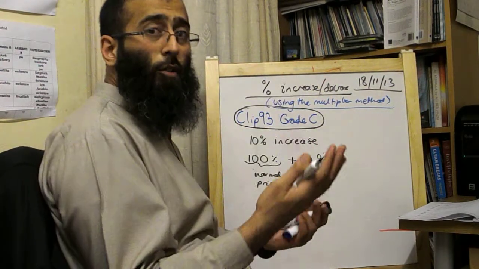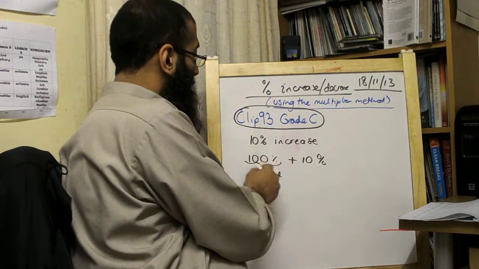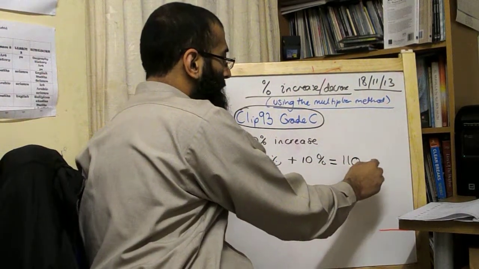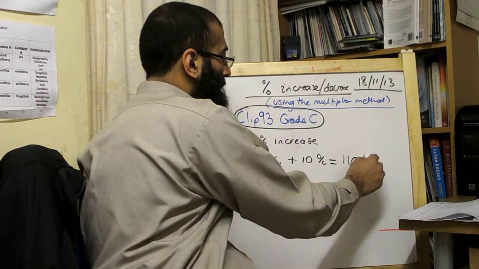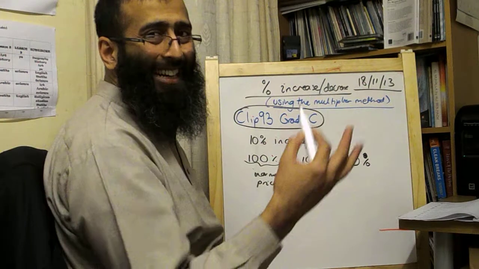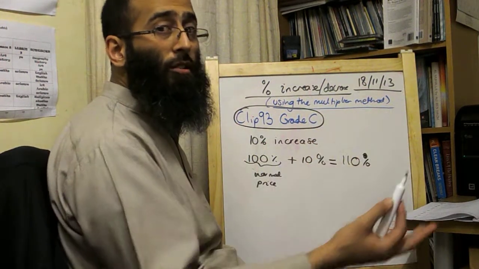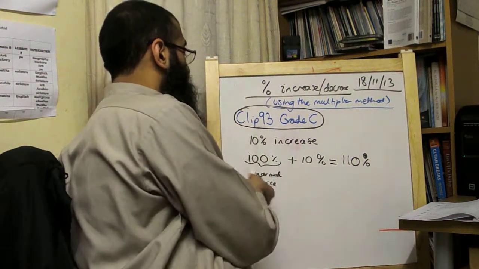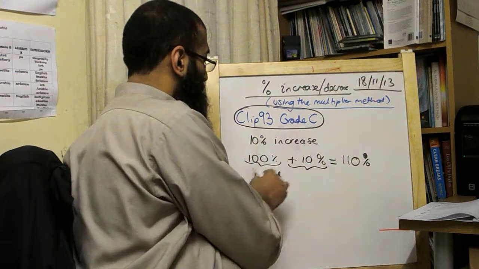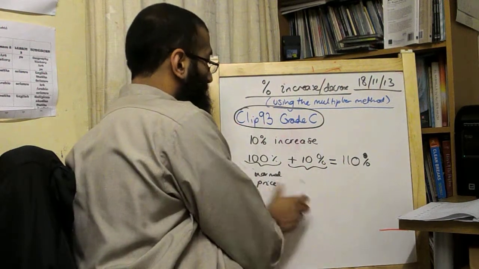That is the full value, 100%. We can increase it by 10%. So we get the original value, add another 10%, and that will give us a total value of 110%. So when we are working out a 10% increase question, we are actually working out 110% of that original value. As we said before, we add these two numbers up, the original percentage of the normal value, add the 10%, and that will give us our new